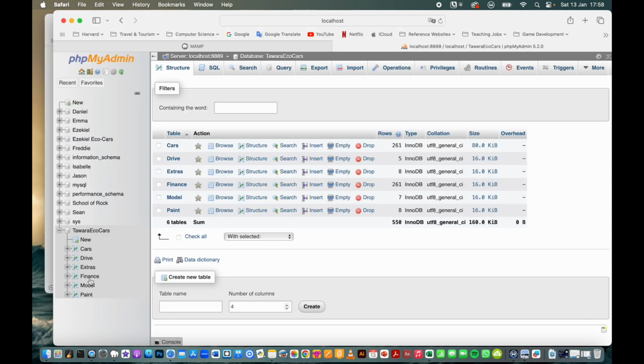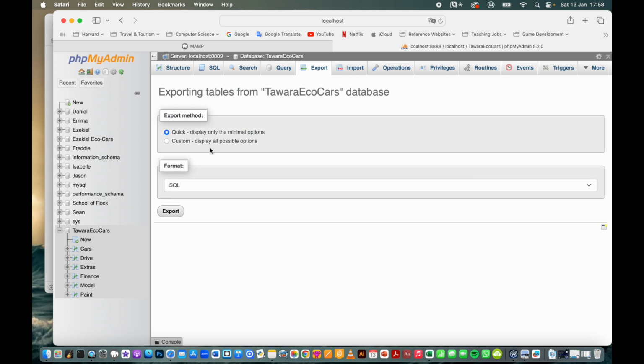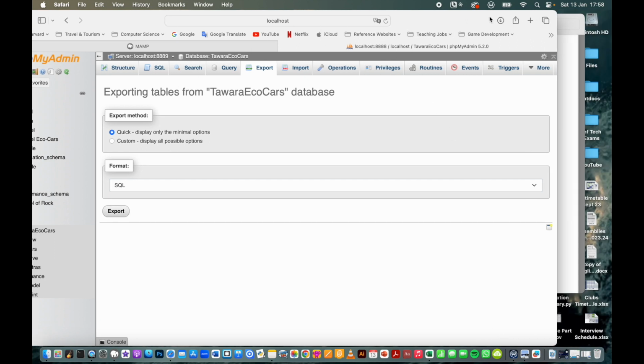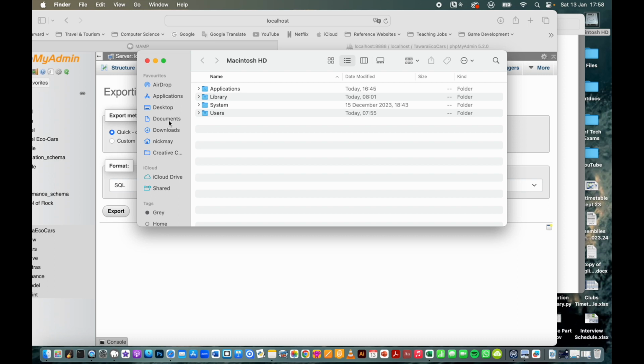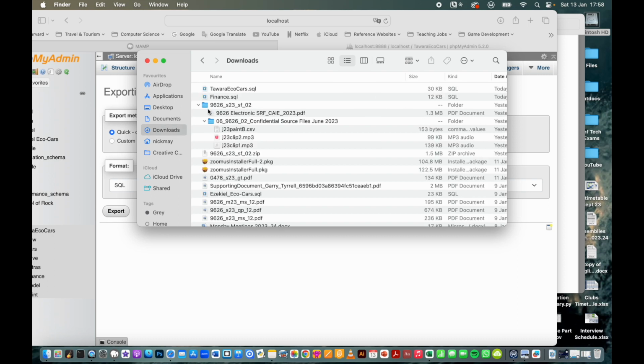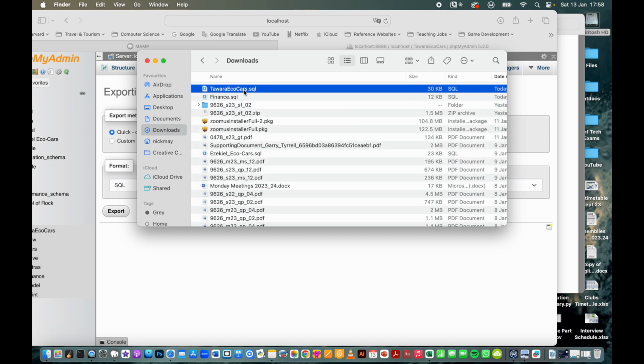Go here to my whole database, I hit export. I choose that I want to export it as a SQL file. I click export and it's saved to my exported files down here. Now, on my computer, when we export, it goes to my downloads folder, and you can see right there it is. It's called